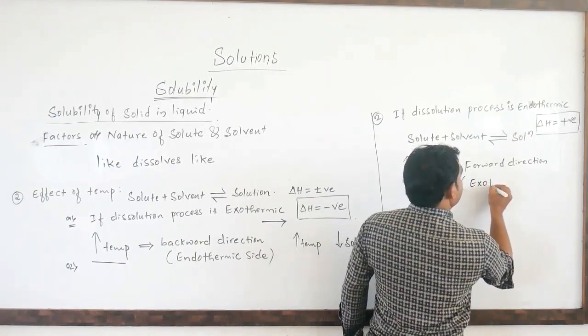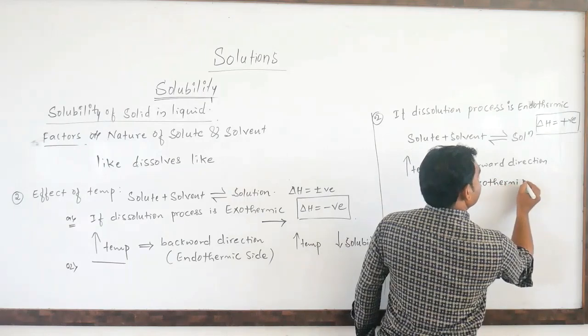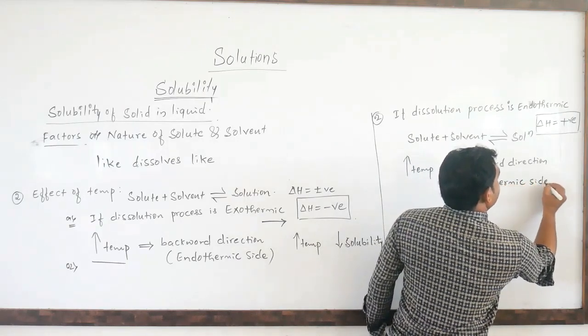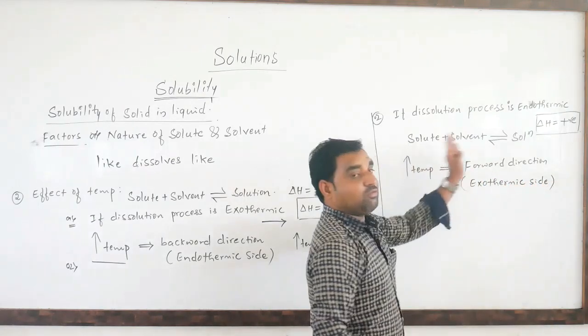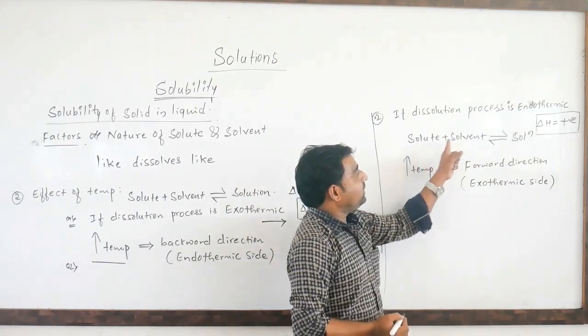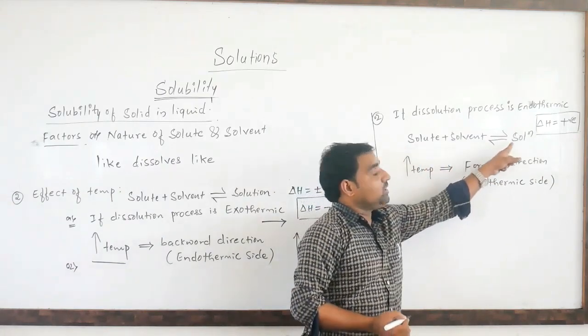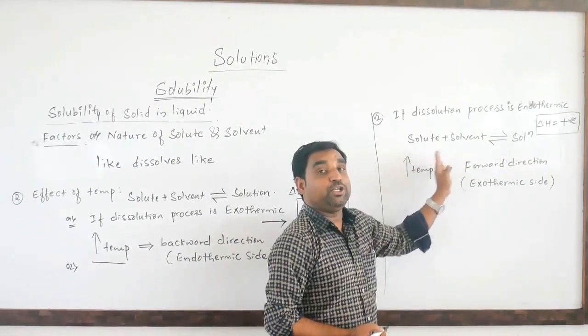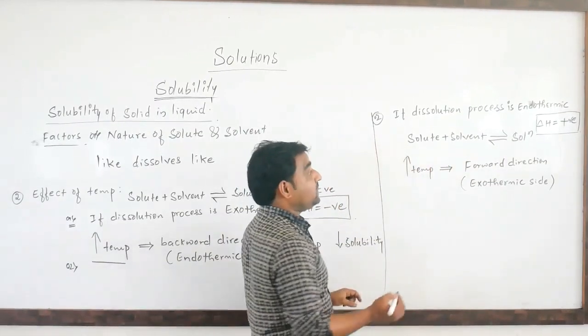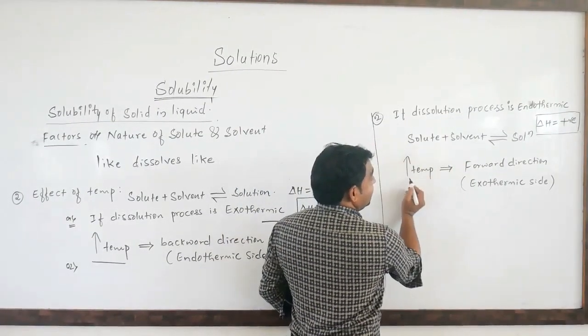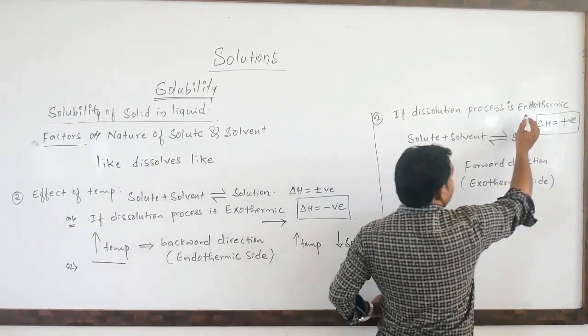Exothermic side. Exothermic side means forward process. When the solute dissolves in a solvent, solution will form. It means the solubility of a solid in a liquid increases when we increase the temperature if the process is endothermic